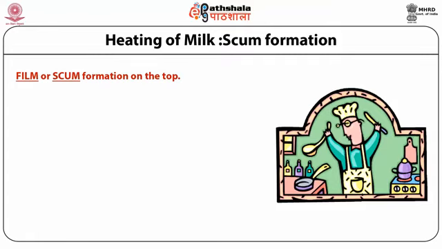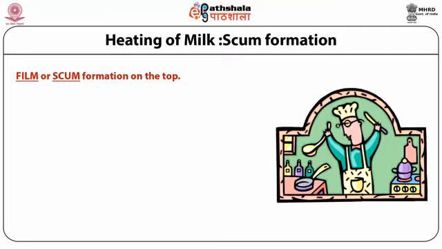That is scum formation, scalding and scorching. Generally, milk boiling causes scum formation on the top, which we say malai, which gathers on the top of milk,